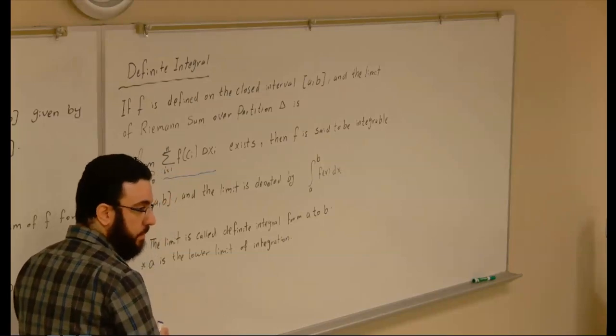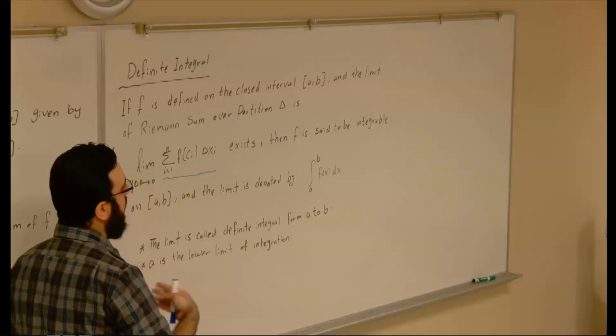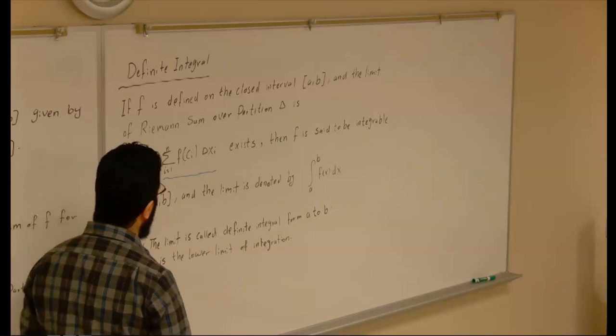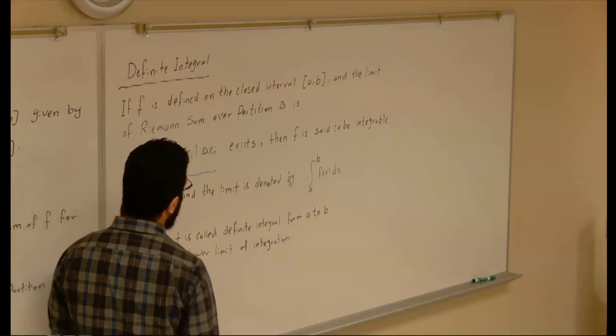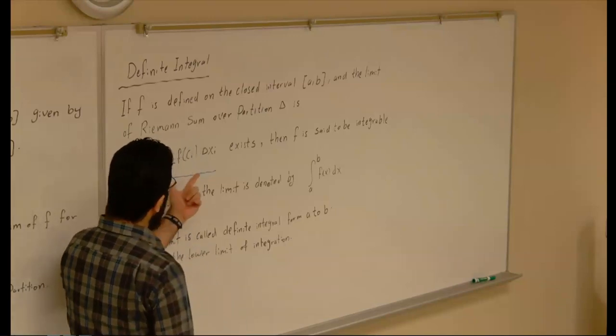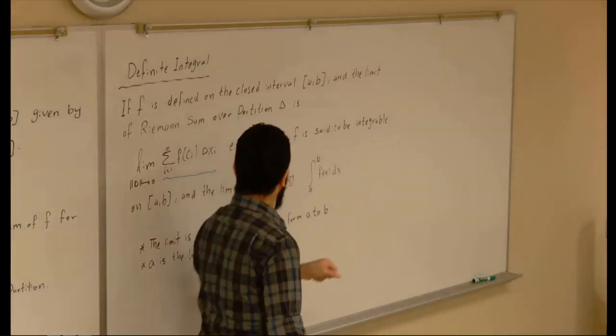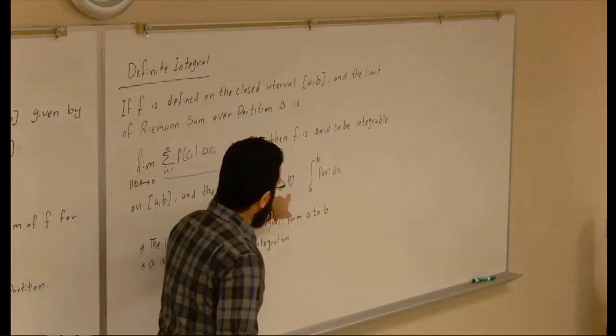Every time I minimize the width, I maximize the number of rectangles. That means the limit as the width goes to 0. If the limit of the Riemann sum exists, then f is said to be integrable on the interval [a, b], and the limit is denoted by